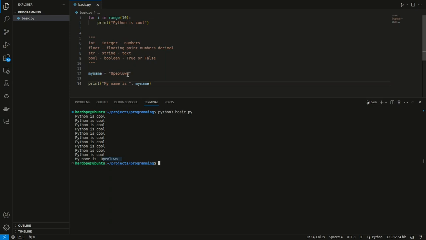If I change what is here, let's say Jeremiah, now we have my name is Jeremiah. So this is dynamic in a sense that it takes in values from variables and inserts them into the text. So you can see things like, let's say you have a missed call from, or you missed. This works like notifications on your phone where you missed a call from a bunch of your friends or things like that.